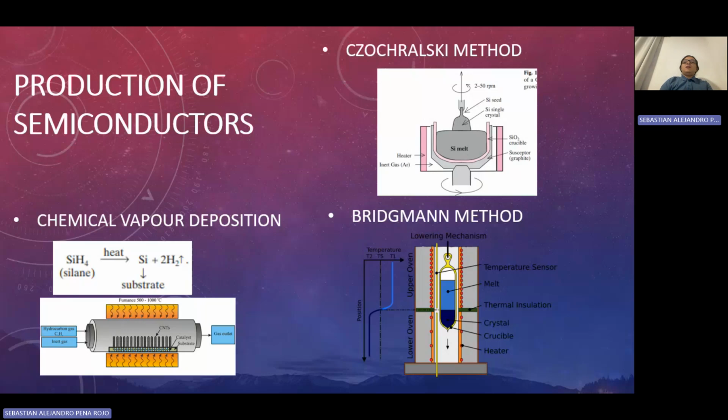And finally, another commonly used method is chemical vapor deposition. In this method, the gases containing the required elements are made to react in order for the element to be deposited onto a substrate as a thin layer film. Here we have an example of a reaction utilized, in which silane, which would be the gas used to deposit the silicon, is decomposed by heat, and the silicon is deposited onto the substrate, and the hydrogen is evaporated.